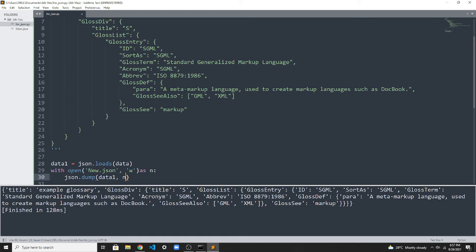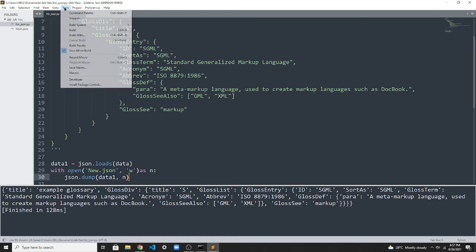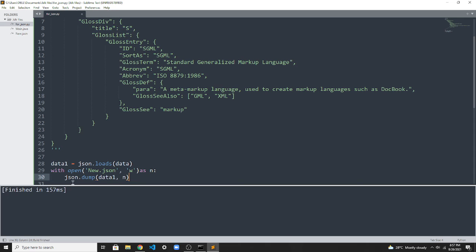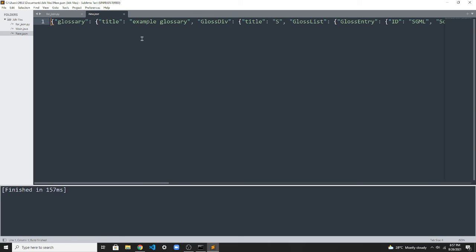As soon as we do that, you can see a new JSON file has been created, and this is our JSON data stored here. You can see that it's in one line, but that's okay.